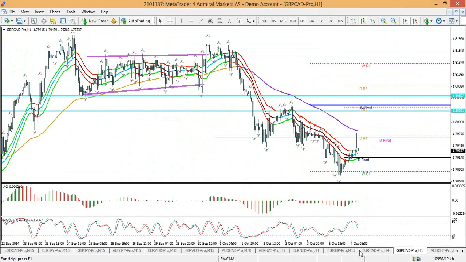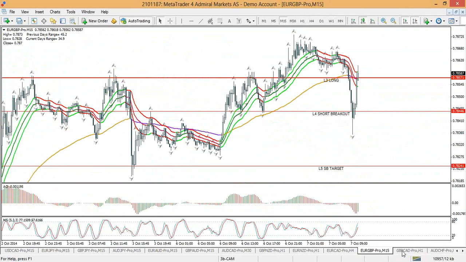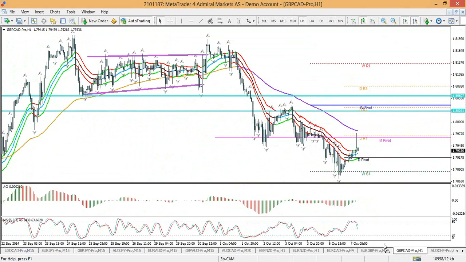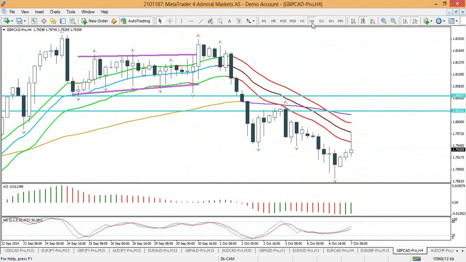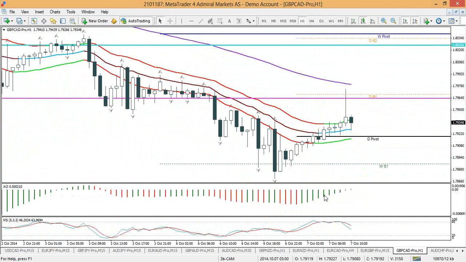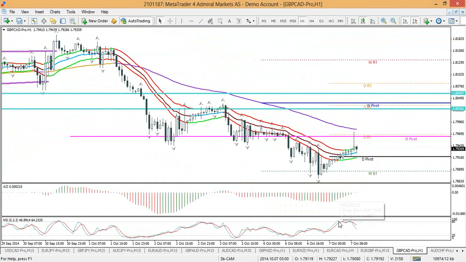This could be interesting. A big wick. Oh, pound CAD, big wick. In fact, shooting star at the daily R1 and monthly pivot point. Confluence. Yeah, that too looks like pound's weakness. So the only thing is, of course, these pound weakness ideas do have the disadvantage